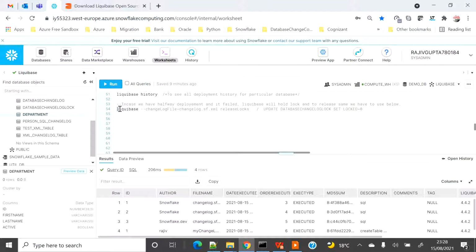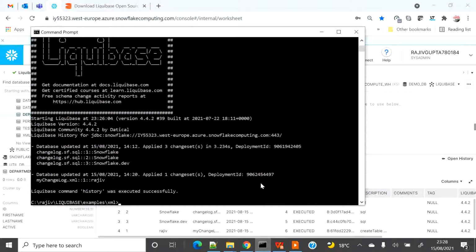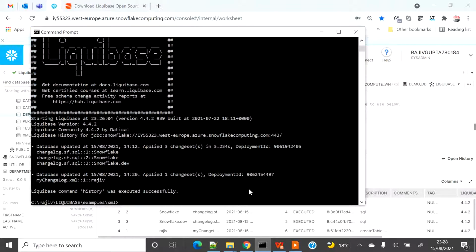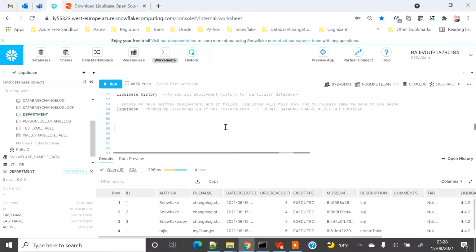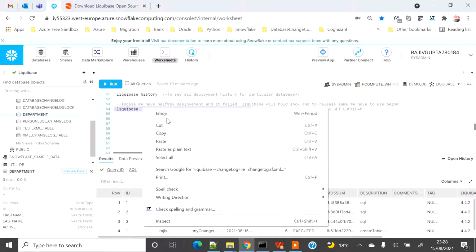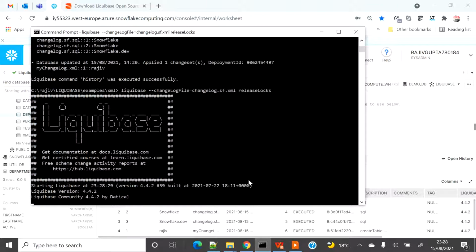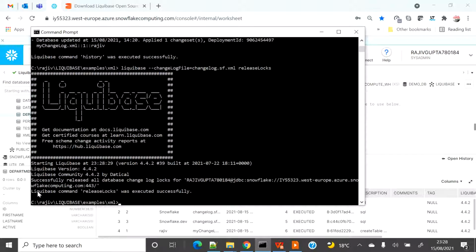So if I show you this one, as of now we don't have any lock, but this statement will say that it's successful. All right, it's not been copied. Let me go here. Okay, so if I go here and execute this, it will show that Liquibase command release lock was executed successfully. So if there was any lock, it has been removed.